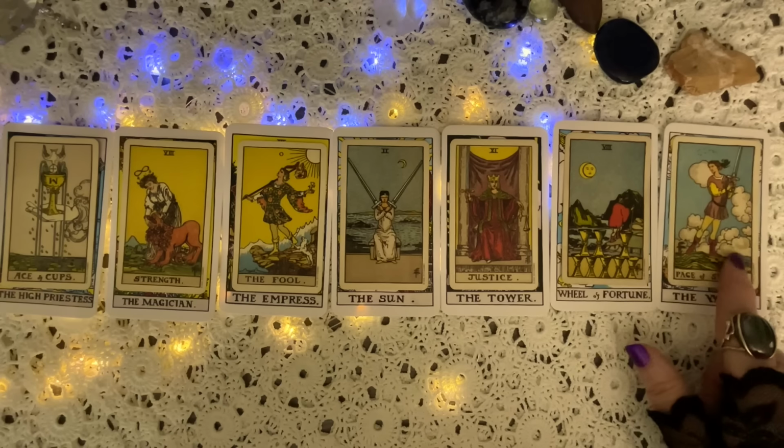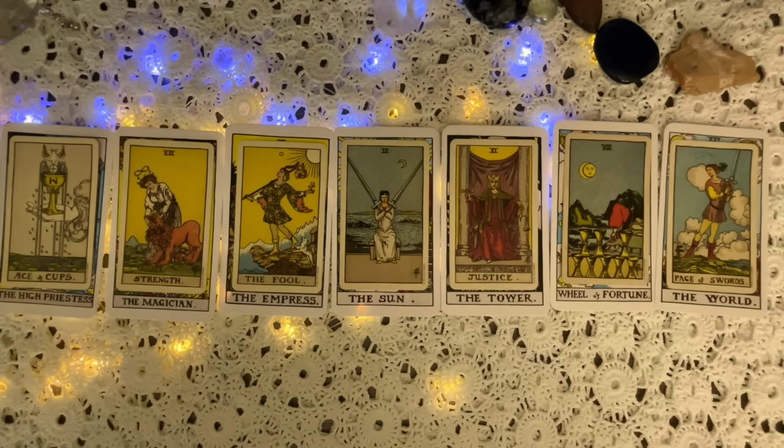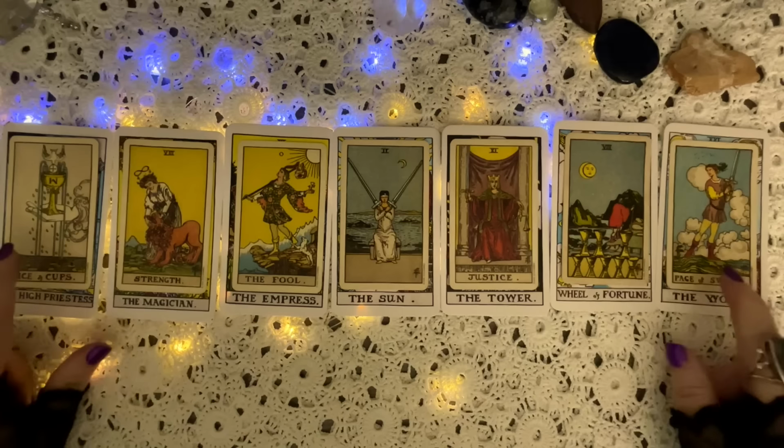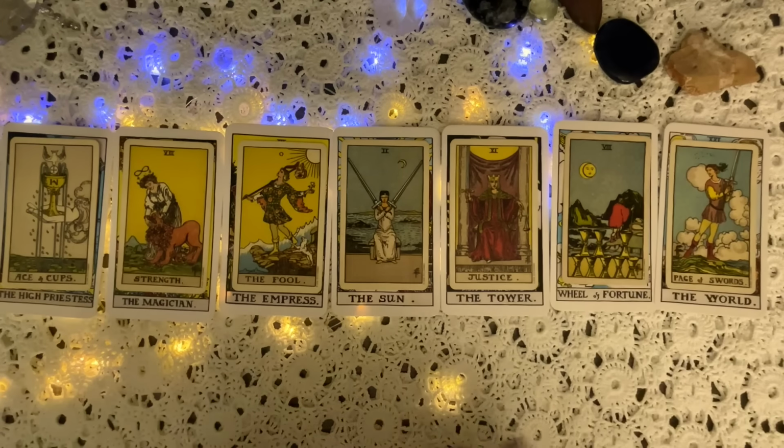And then speaking of the World card, the Saturn card, work and burdens. Page of Swords here. And what's the biggest burden for William? The trolls, social media, handling all of that. That's actually a big burden to him. I think with this Ace of Cups here and this Sun here, we might see a new type of PR push for the royal family. And it might,